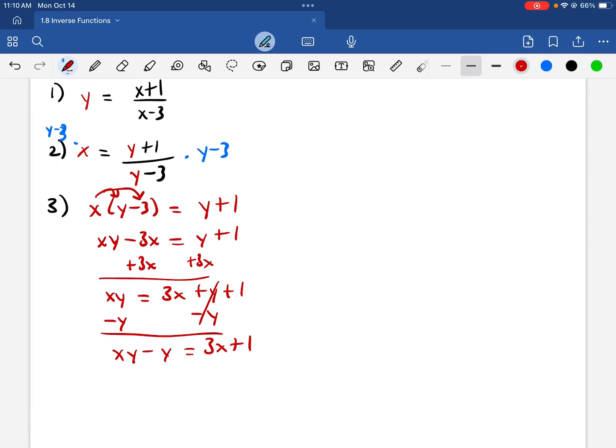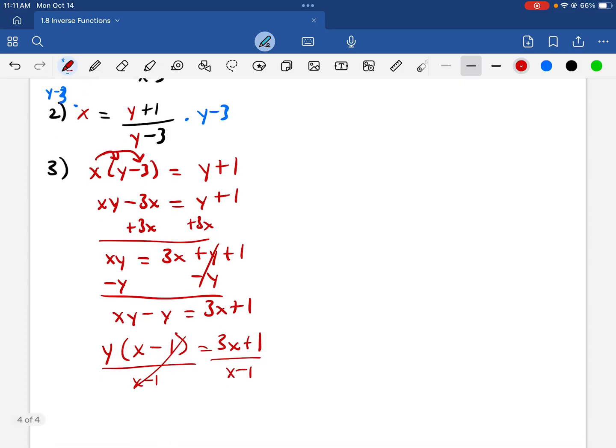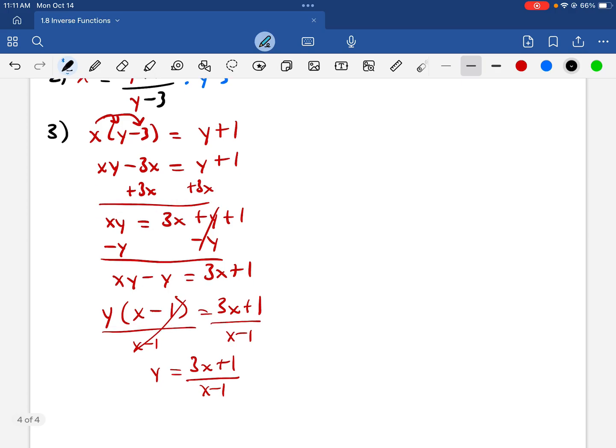Right, and then to pull that y out so that y is by itself, I'm factoring it out of these two things on the left-hand side. Those two things have a y in common, so I can factor it out. That leaves an x, and y divided by y is just 1. And then to get that y by itself, we'll divide by x minus 1. So we end up with y equals 3x plus 1 over x minus 1,